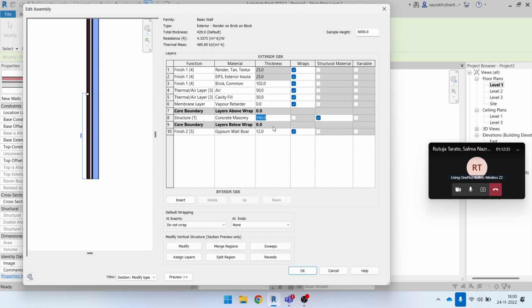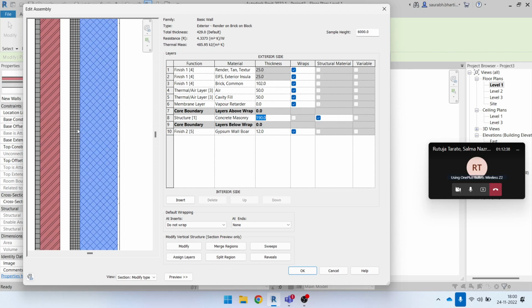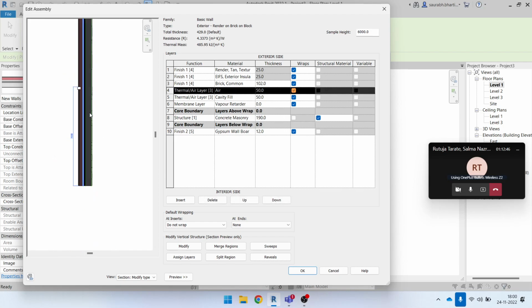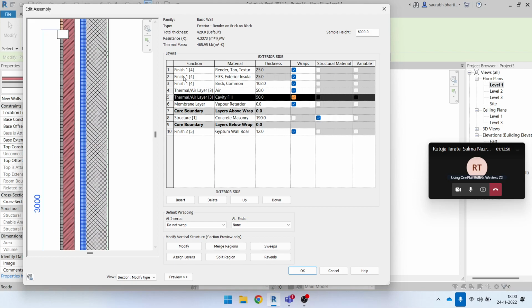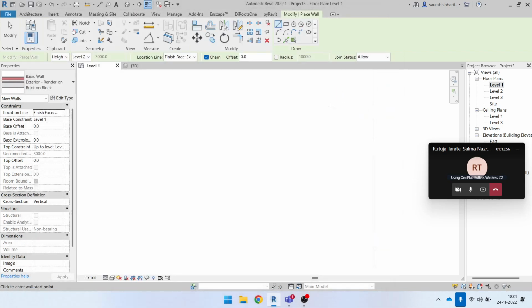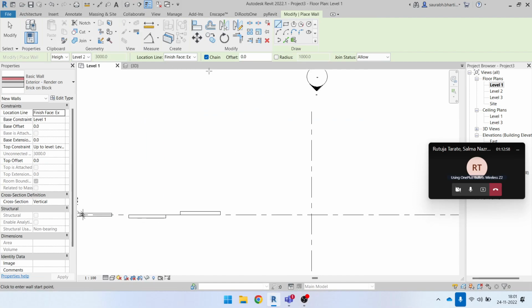That is at 190. After this we have a core boundary on this side and one on this side, and the structure is in between. Whichever material you choose, it will show you here. So the thing is, if you want to know about the finish face and core,